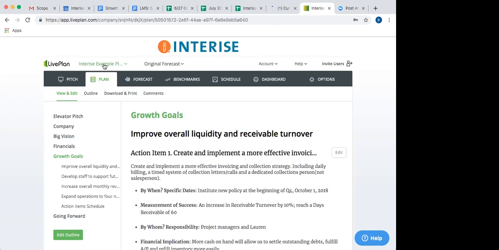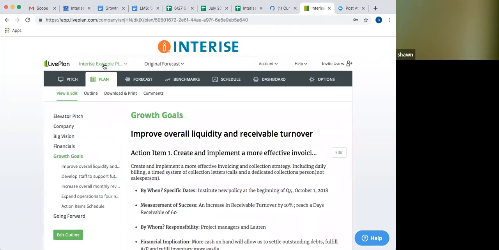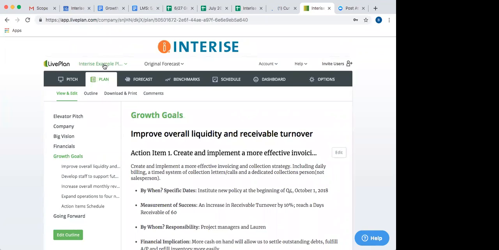But even if we were to say this may not be scalable, if you wanted to continue just to use it, LivePlan charges $11.99 a month. And I think if you buy a whole year in advance, 12 months, you can get it at a cheaper rate too. Okay, that's fantastic.